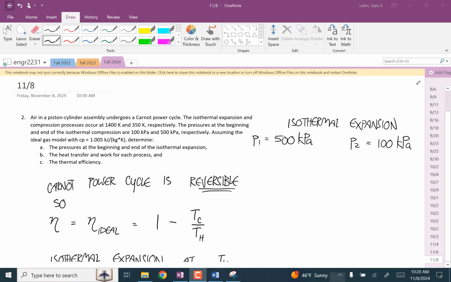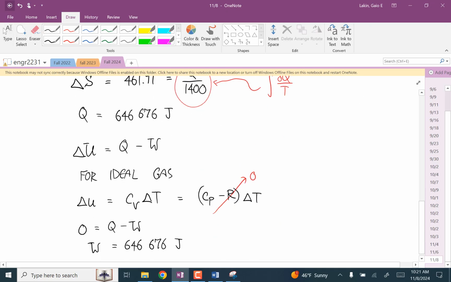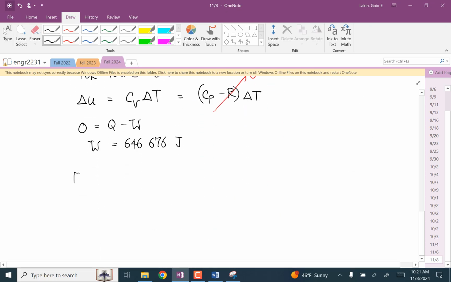For part B, we're also supposed to do this for the isothermal compression, but it's just using the opposite values of things and the temperature at the compression. So for the isothermal compression,